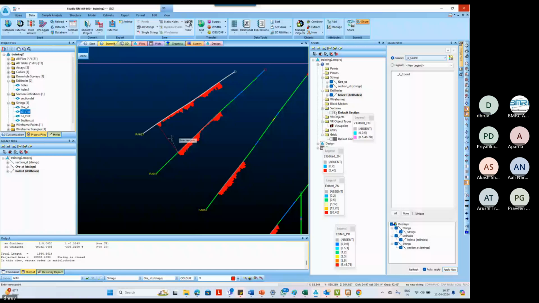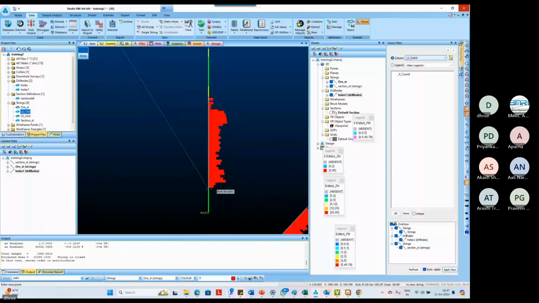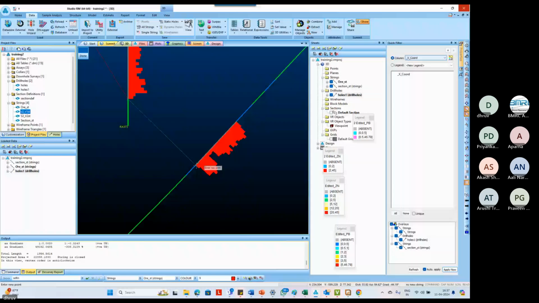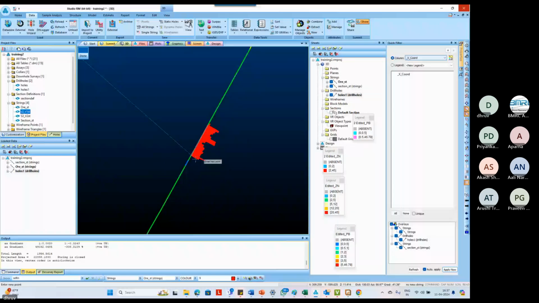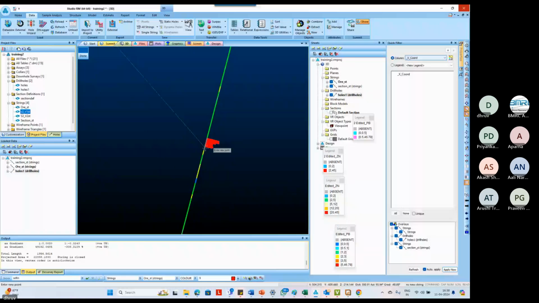right click, then right click, then right click, right click, right click, right click, just to see the influence, 525 meter. That's fine. Then